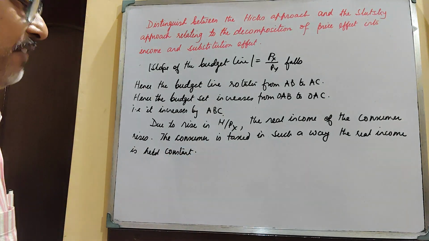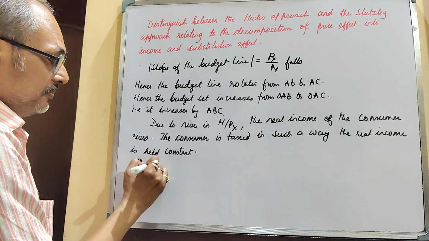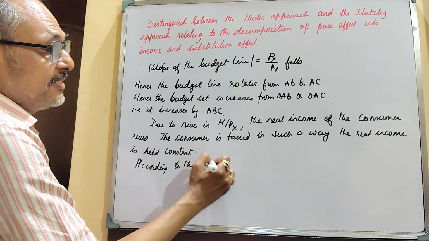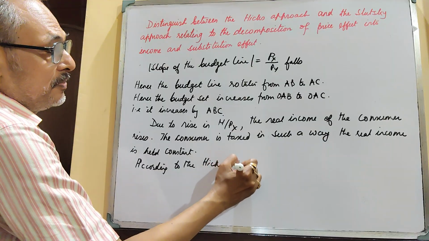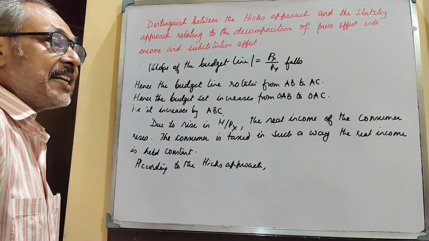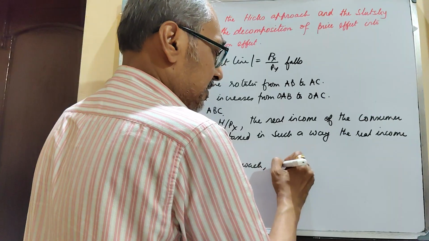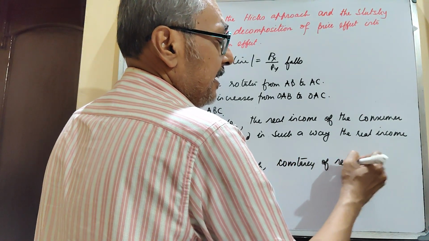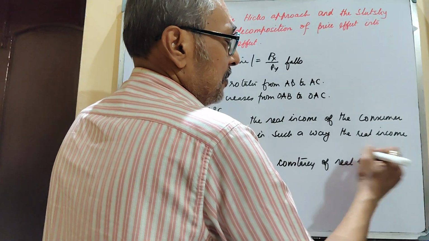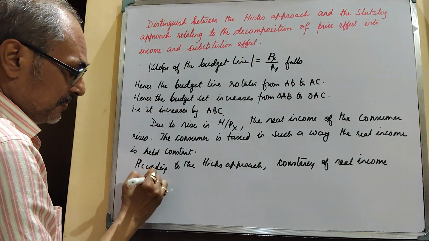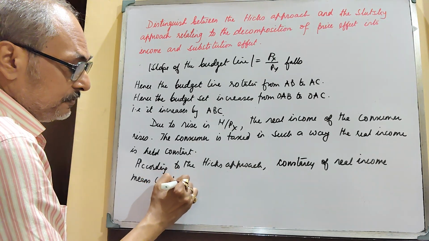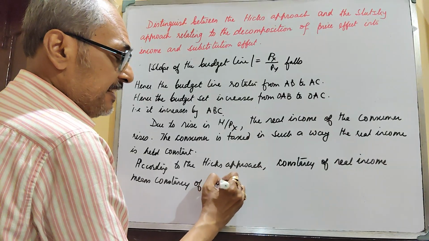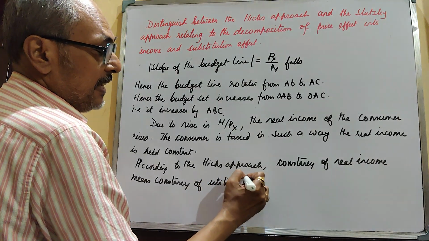According to the Hicks approach, constancy of real income means constancy of utility, that is